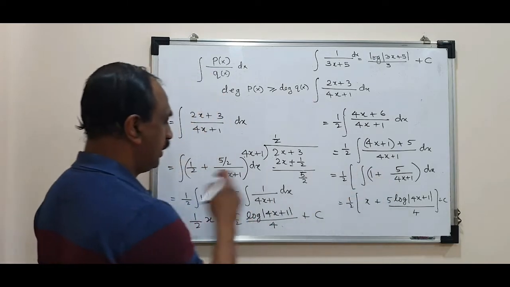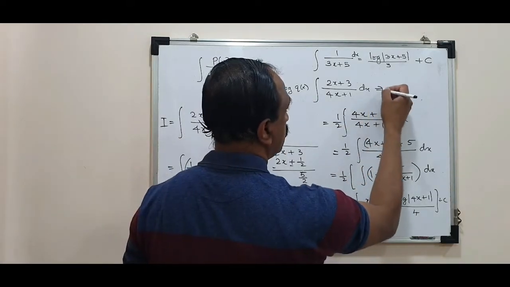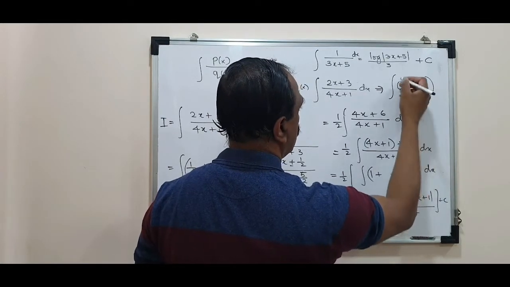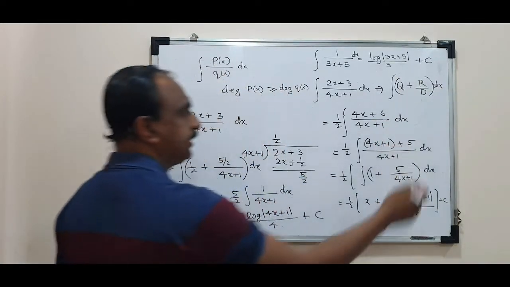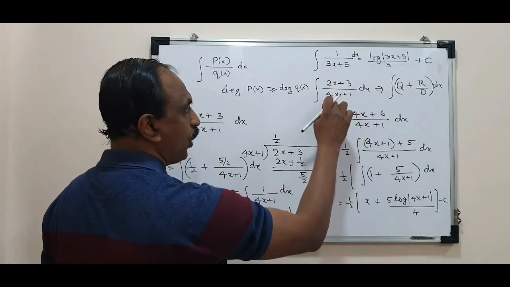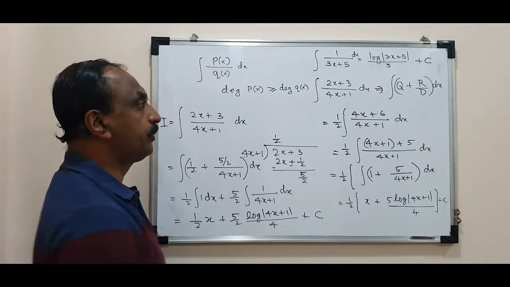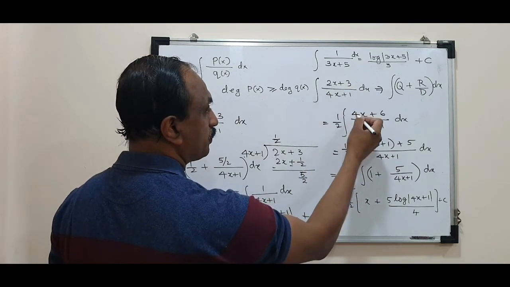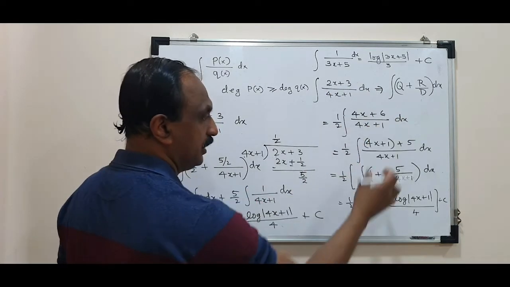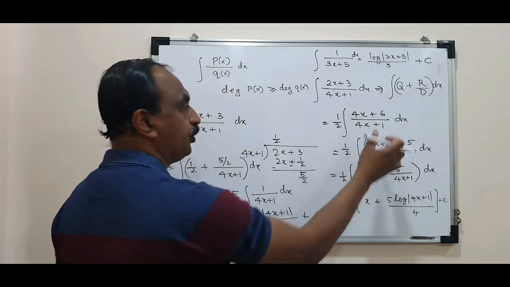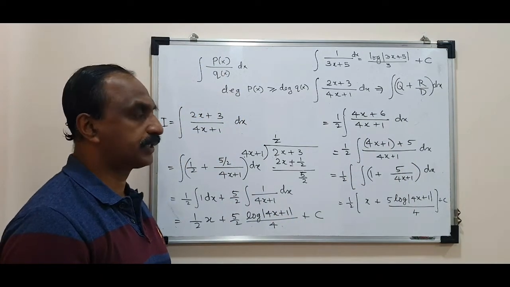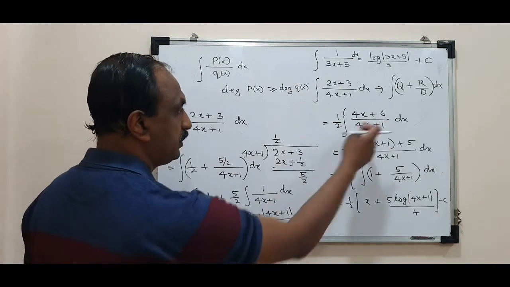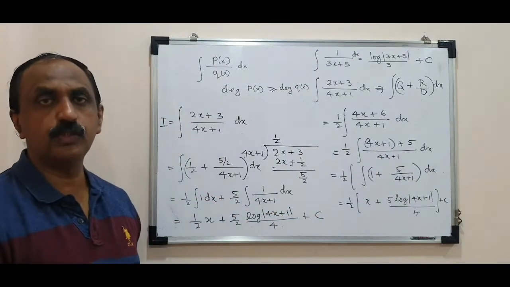Whatever said and done, we are expressing it as quotient plus remainder upon divisor. You can either use this technique. The coefficient of the denominator was not matching with the numerator. We made it match by dividing and multiplying by 2. When you multiply this by 2, 4. When you multiply this by 2, 6. Then bring the denominator term in the numerator by arranging the constant. Then separate and integrate. This is one option to divide. This is another option to divide. You can use whichever method you are convenient with.